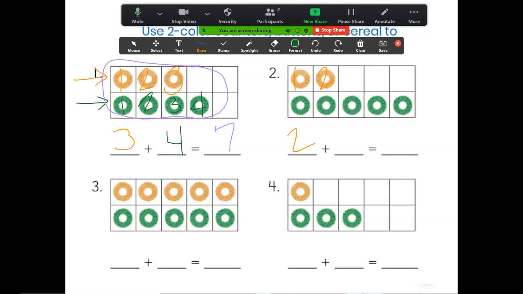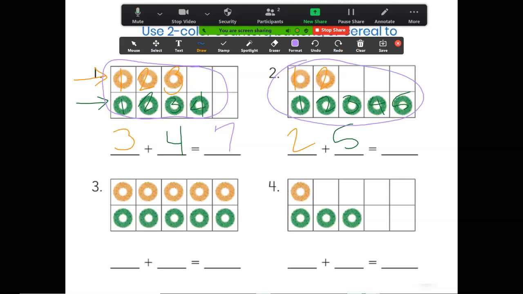Okay, so now I'm going to count the greens. 1, 2, 3, 4, 5. Now, I can't count on from 2 and go 3, 4, 5, 6, 7. While that is the answer we're looking for, we're also pulling out that information from the tens frame to make our number sentence. So I had 2 oranges, so I wrote the 2 in orange on the line. And I also have 5 greens. So I have to add the 5 there. Now I can take all of them together,